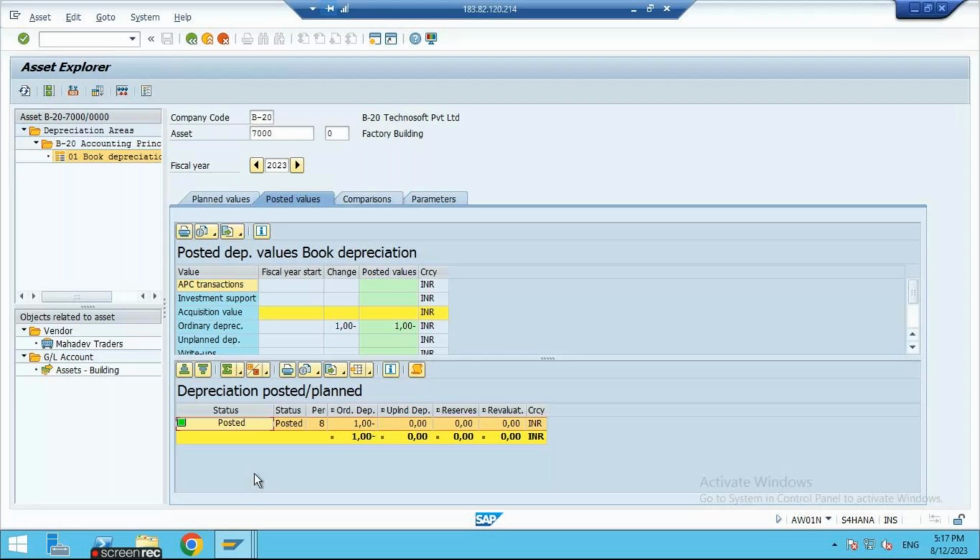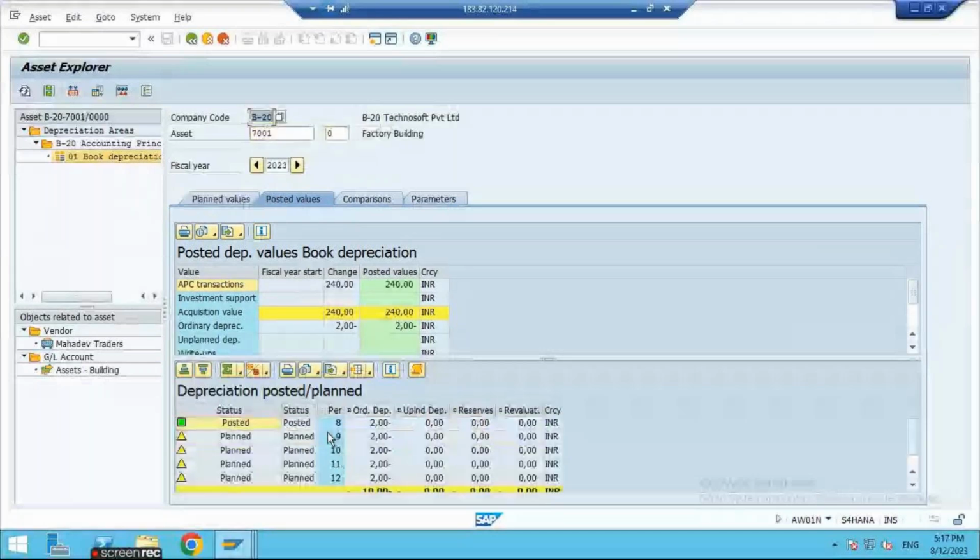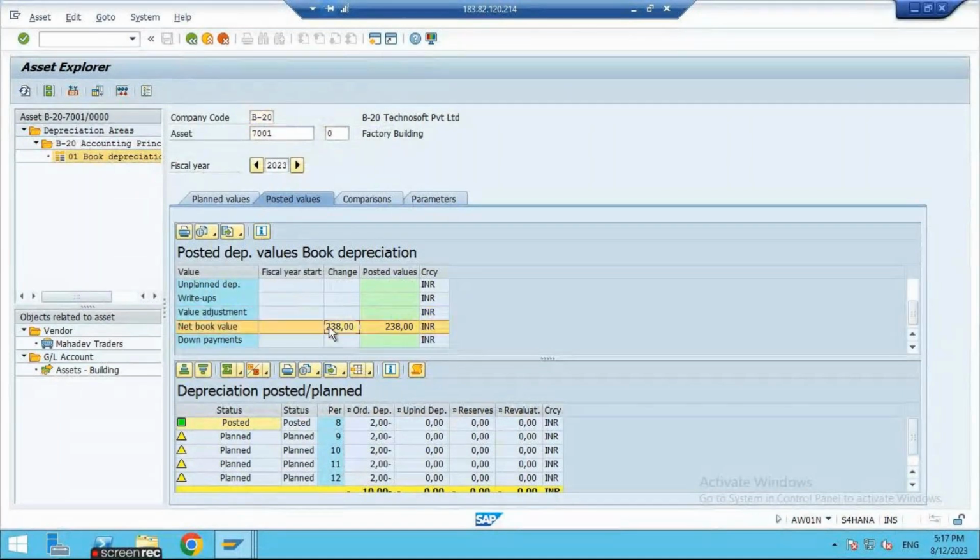At the same time, if I take another asset like 7001, it is still active, and the present value is 238 rupees. The present net book value as on 31st August is 238 rupees, because only 2 rupees is the posted value. If I go here